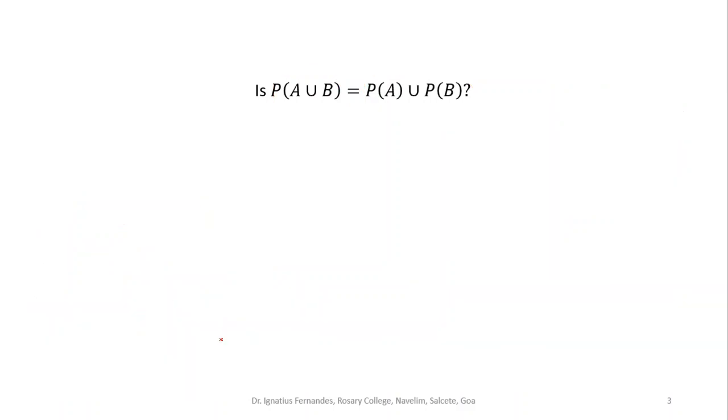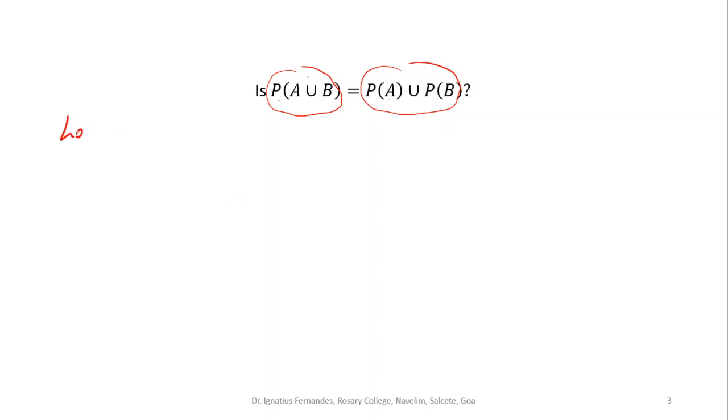Suppose I want to find out whether power set of A union B is the same as power set of A union power set of B. We will go the same way, and we will not be using a Venn diagram here because we cannot. The same logic goes here: start with an element here and see whether it is present here, or start with an element here and see if it is present here.